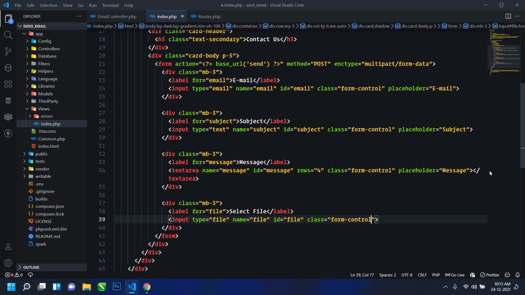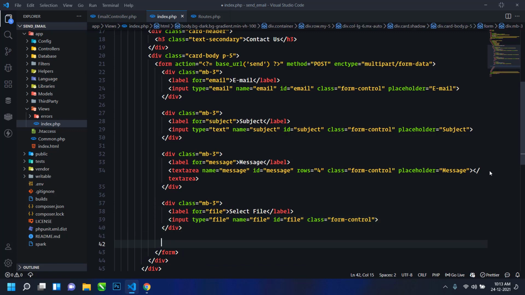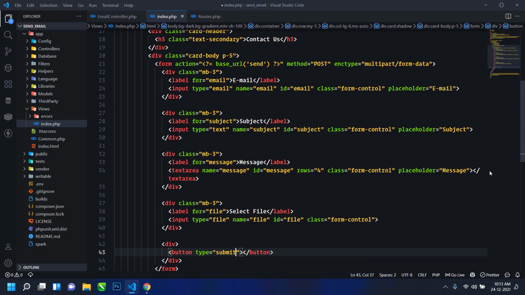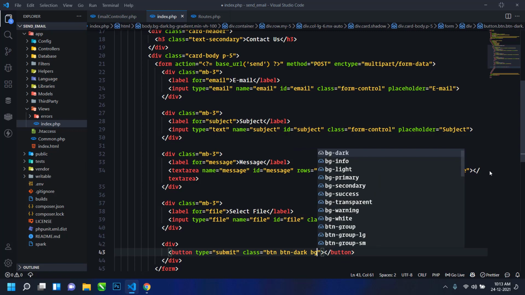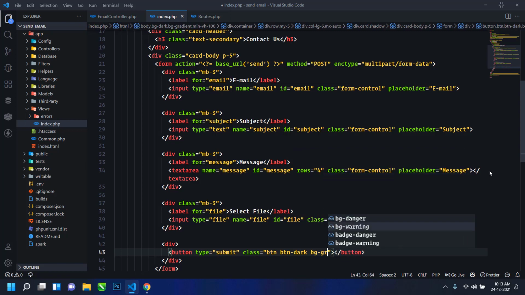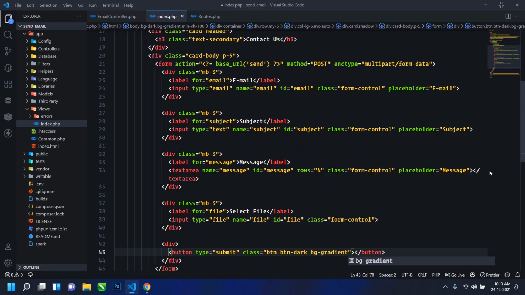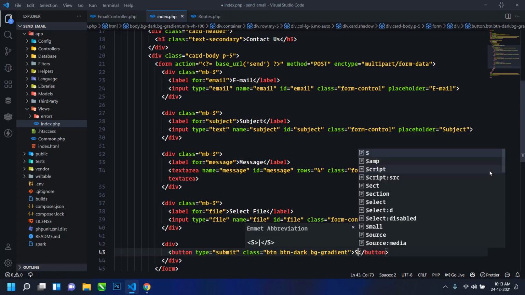Okay, and then I will design a button. For this I will use a div, then a button, and the type will be submit, and the class will be btn btn-dark and bg-gradient, and next here I will write send.